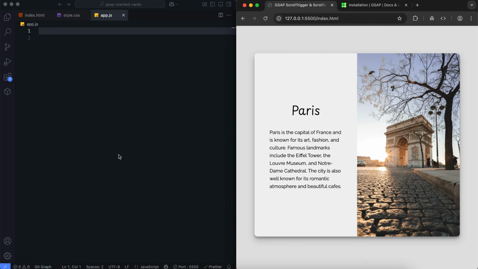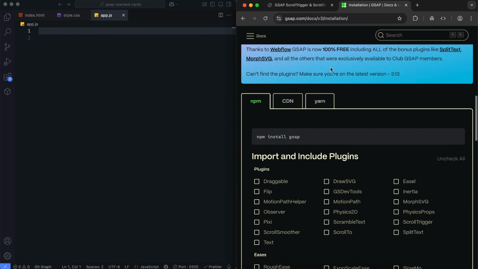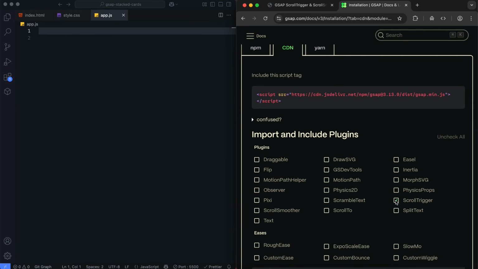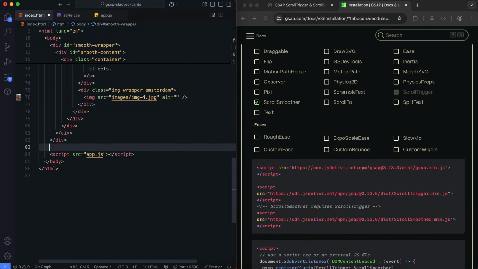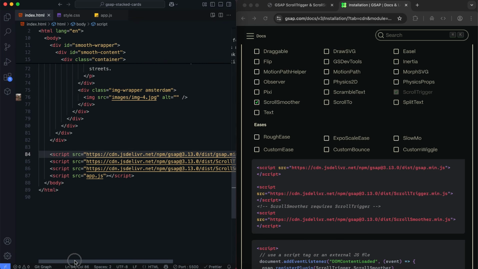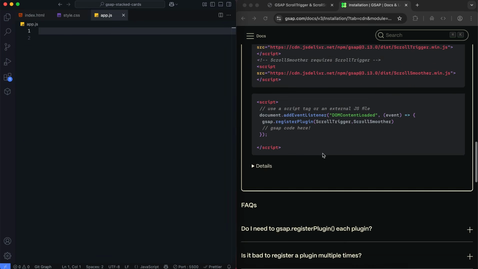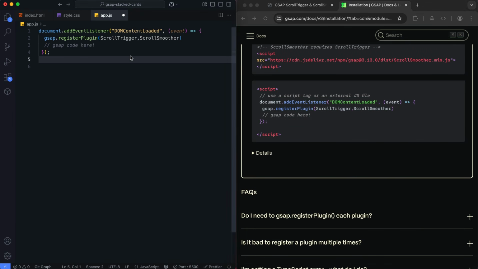In this part, we'll add smooth scrolling and animate each card with GSAP. We add the CDN to use GSAP Scroll Trigger and Scroll Smoother. We also use these two plugins.